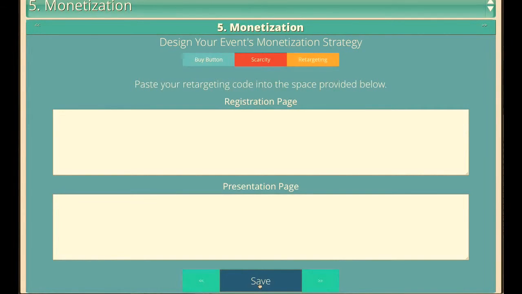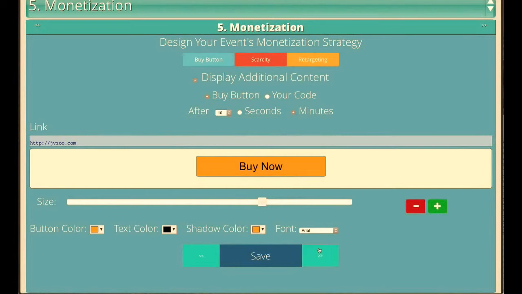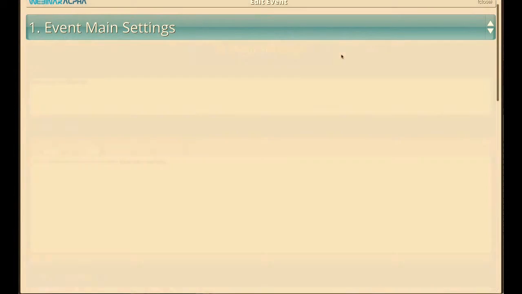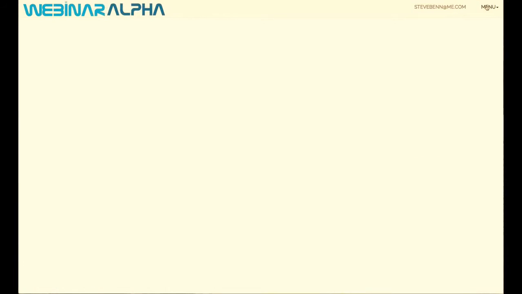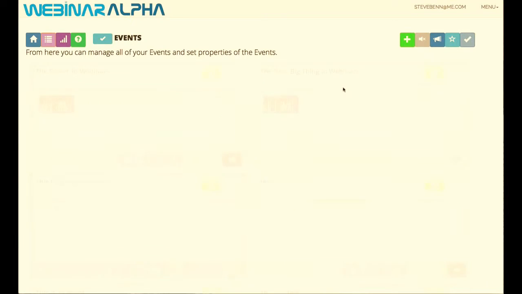This means the maximum amount of sales, and everybody has an experience that is a real event for them and it has scarcity. And as you might have noticed earlier, you can turn on features like chat, Facebook chat, things like that. So you can get a real amount of interactivity and a sense of it really being live, which is incredibly powerful. So now that we've gone through all of that, I'm just going to close the event,